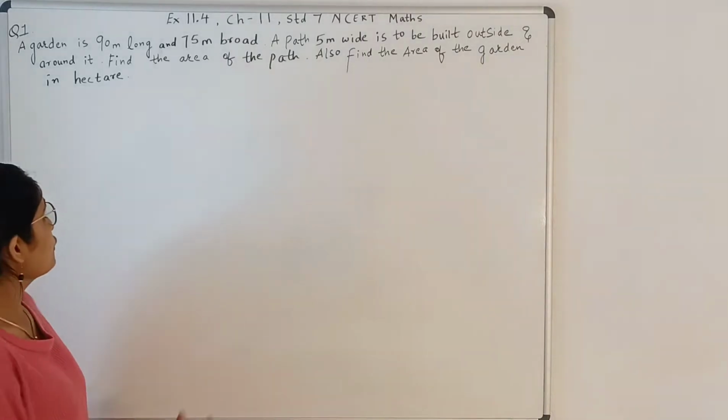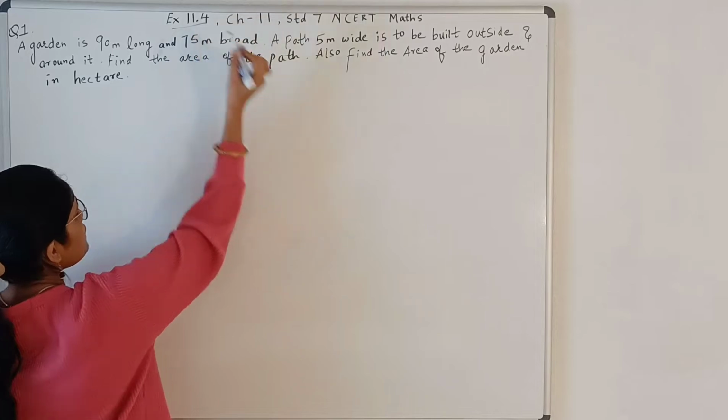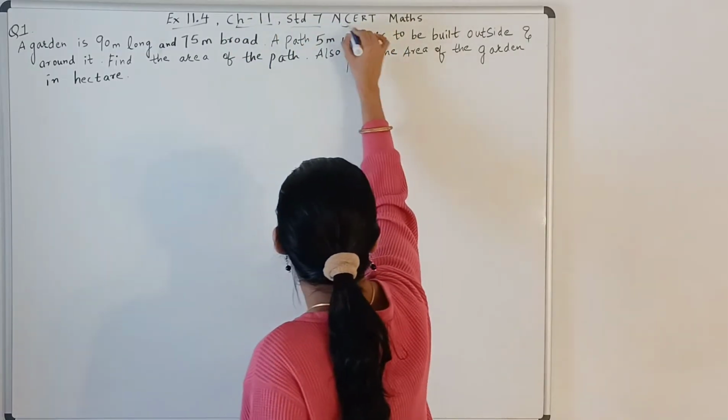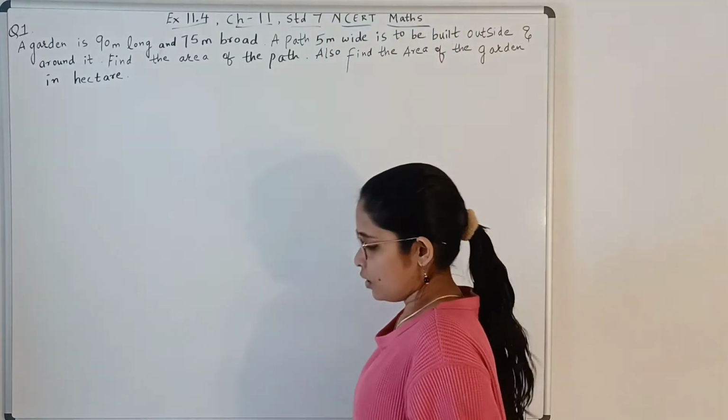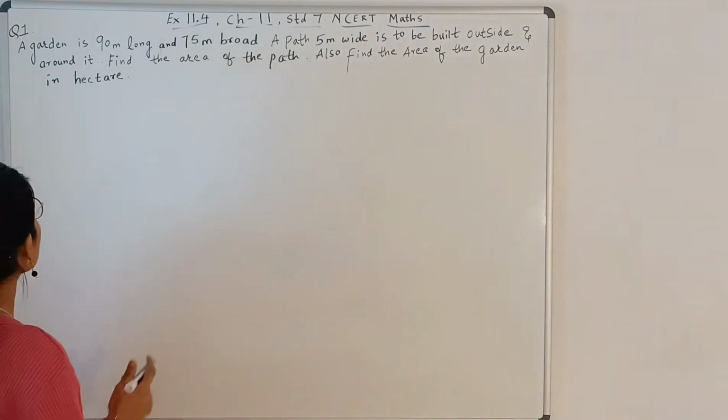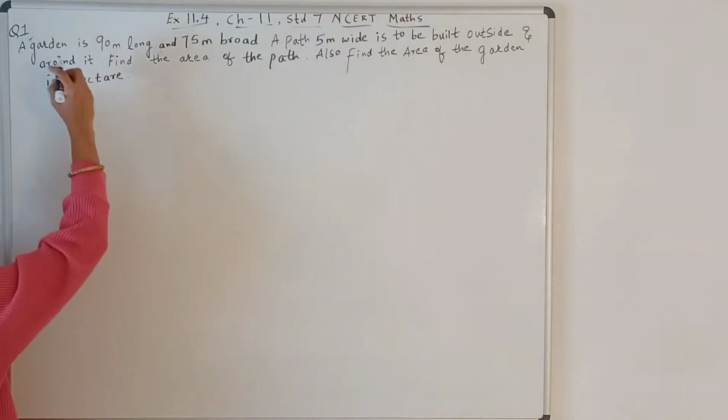Hello students, now we will see exercise 11.4 of chapter 11, standard 7 NCERT maths. Last time we saw exercise 11.3, all sums. Now we will proceed ahead with exercise 11.4, question number 1. So let us see the question first. Question number 1 is,